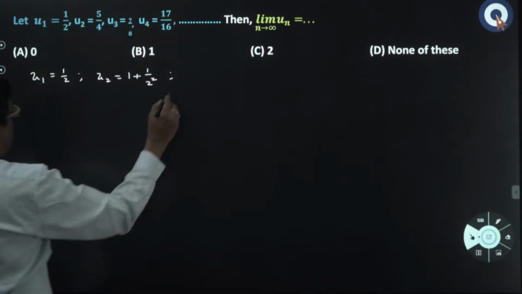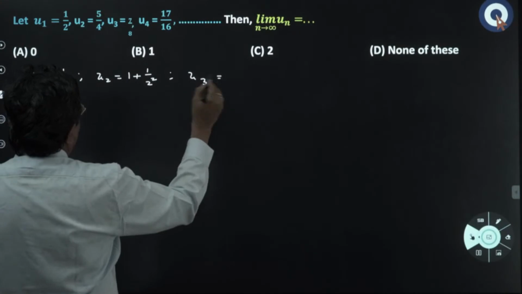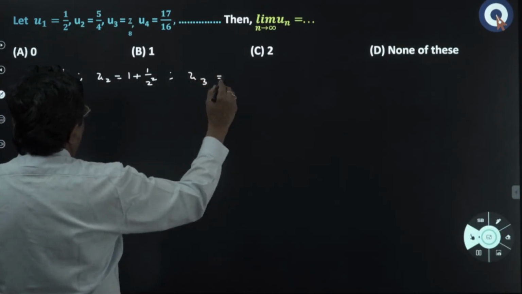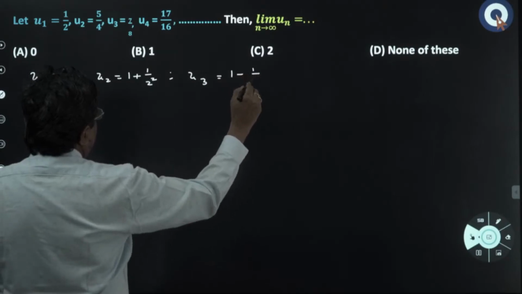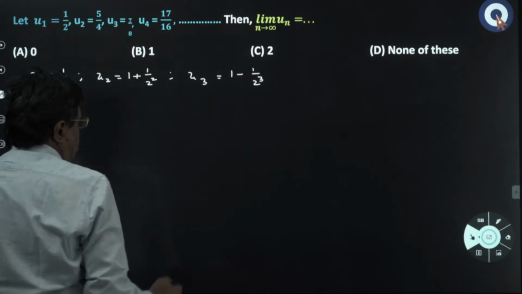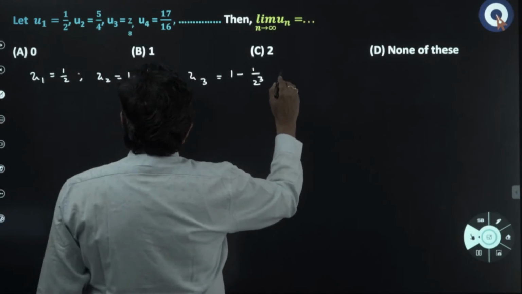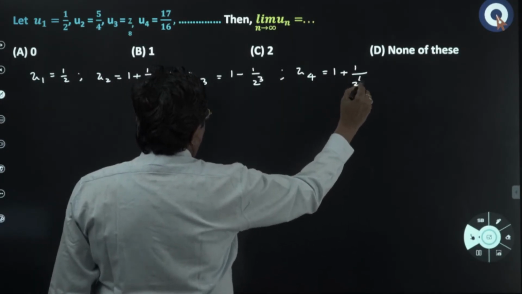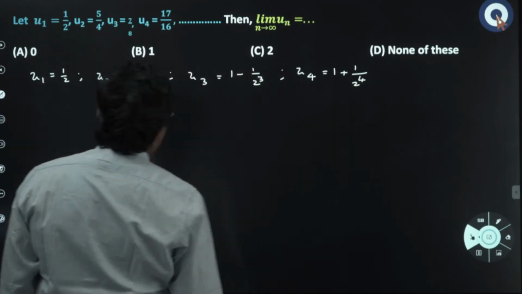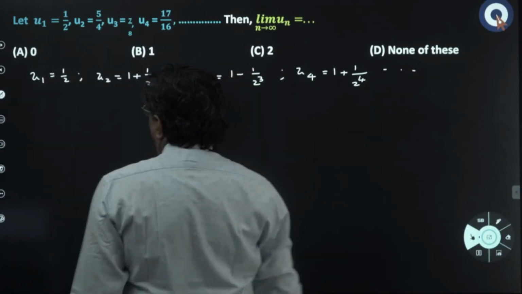And you can see U3 is what? 7 by 8. So, 7 by 8 is 1 minus 1 by 8. And U4 is 1 plus 1 by 2 to the power of 4 because it's 17 by 16, and so on. So, therefore,